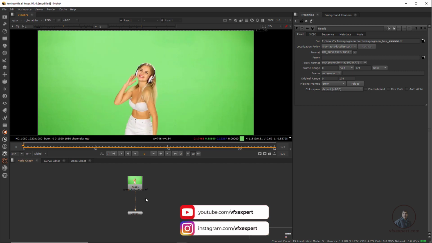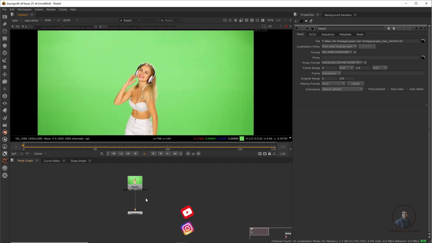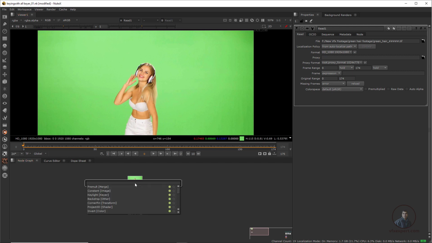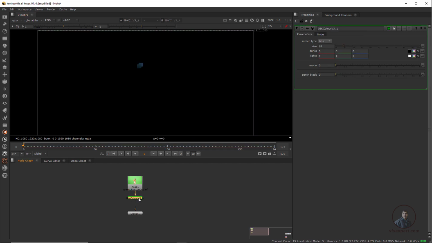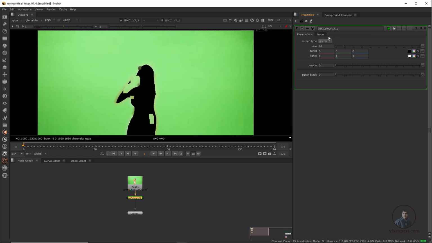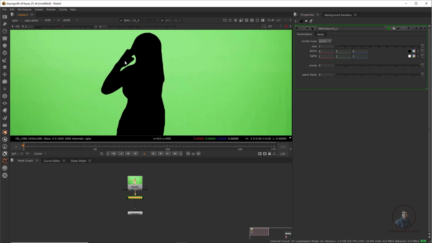First I am going to start creating our soft matte, or soft key. For this I am going to use the IBK keyer. Press Tab, type IBK color, then double click on IBK color, and in screen type select this green screen. First we have to create our clean plate for the IBK gizmo. In size, adjust this value, type 1, and adjust the erode value, maybe 5. Now we have covered all these details, and just open our dark value.